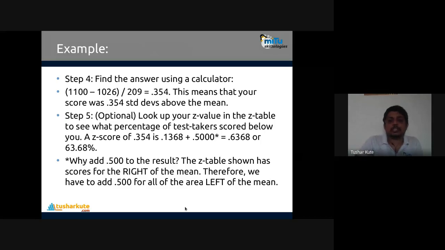And we are going to add it. This is actually an optional step. We don't require this one. We are just going to find this, and after that you can identify how much deviation is above the mean or below the mean. One more thing to note: the value can be negative also. If the value is negative, it will be below the mean. So whatever distribution is there, accordingly we are identifying these results.